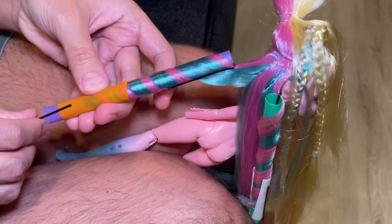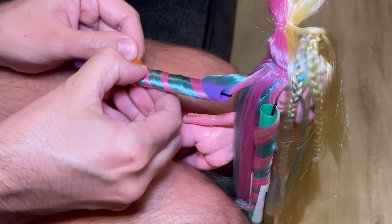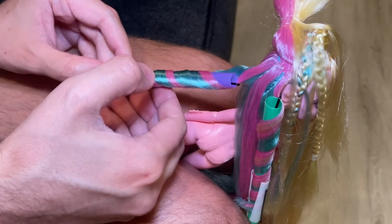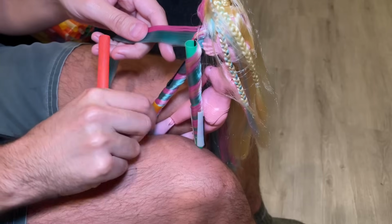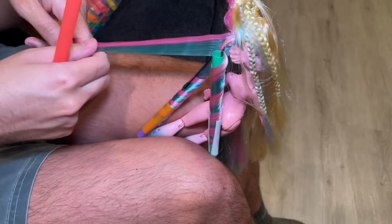I spritz it there to kind of flatten the hair down, but when I'm wrapping the beginning portion of the curl, I don't like it to be wet. So that's one little caveat. Now, I show me doing this 3 times,